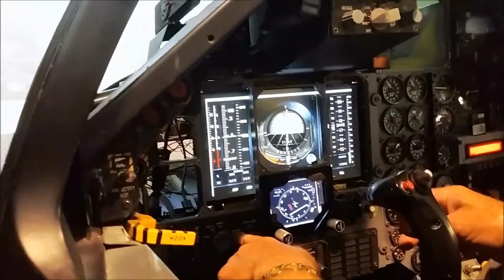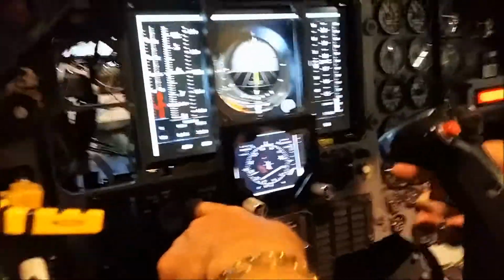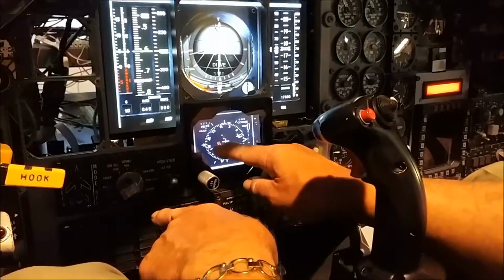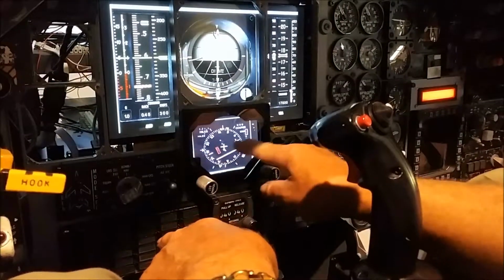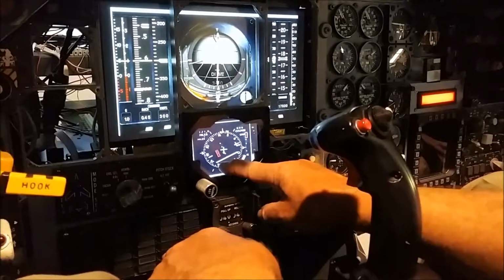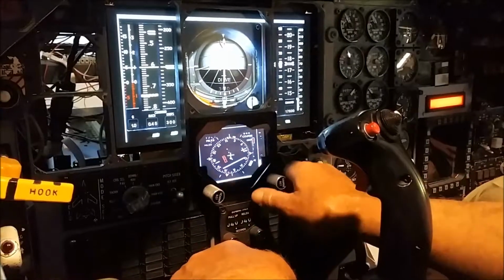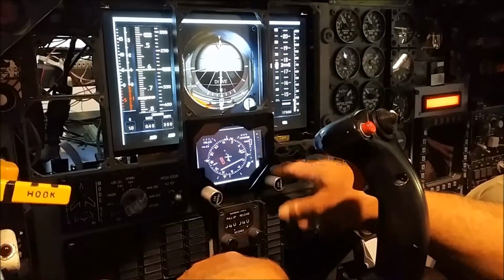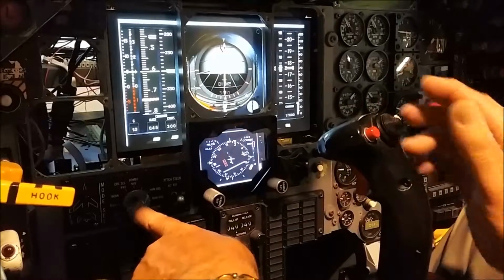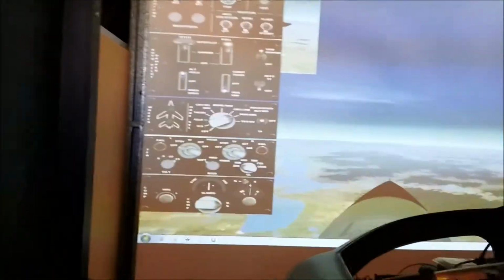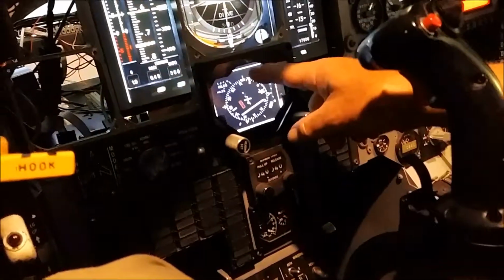We've got manual course there. Yep. And that is the course set knob, and that would control that course indicator and the CDI bar. They will all rotate around in response to this knob. That is the one that is connected with the autopilot in the heading nav submode. Heading nav, okay. So you put heading nav sub, and then you put it on. Yeah, and so the heading bug